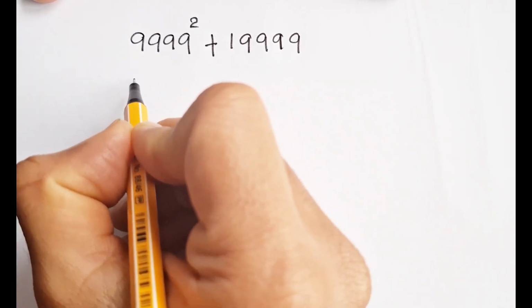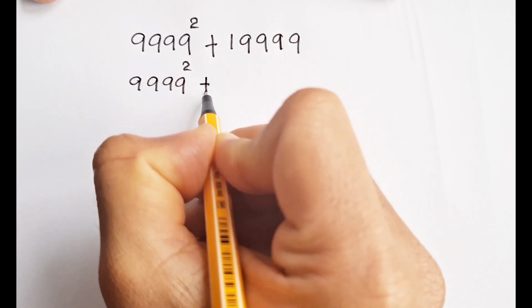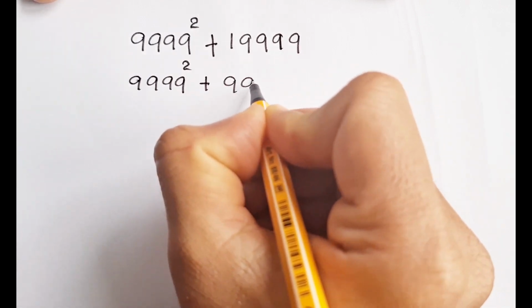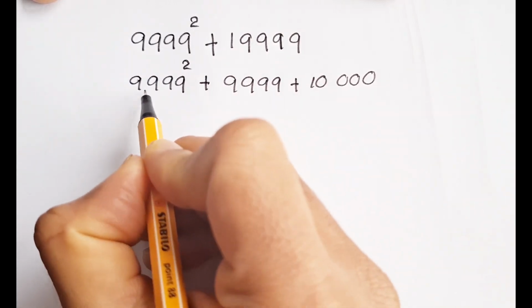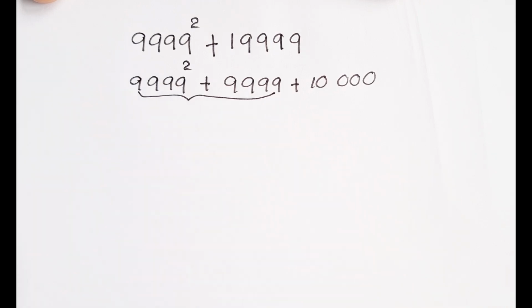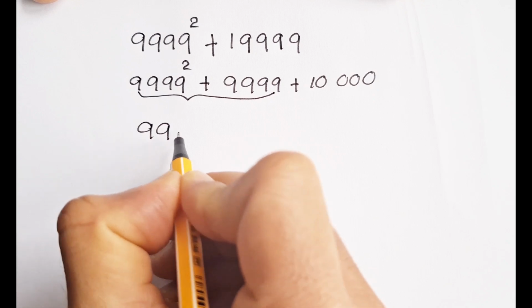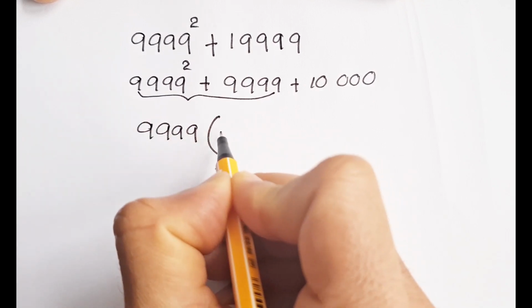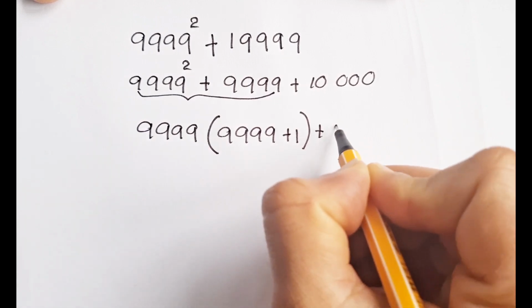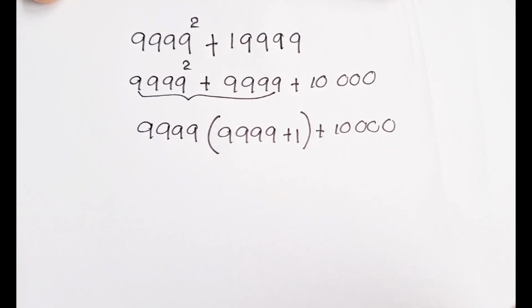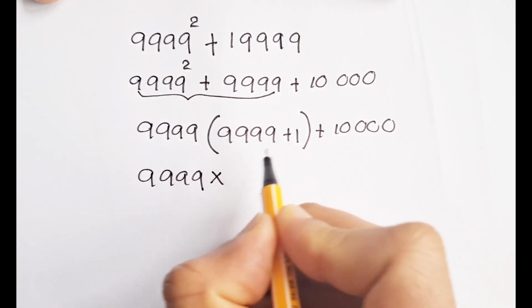I'll rewrite this one like 9,999 square plus this one. I will rewrite 9,999 plus 10,000. So if you consider these two numbers, you can see the 9,999 is a common for these two numbers. I will take the common factor out. Then here you got 9,999 plus 1 plus 10,000. 9,999 times this one again become 10,000